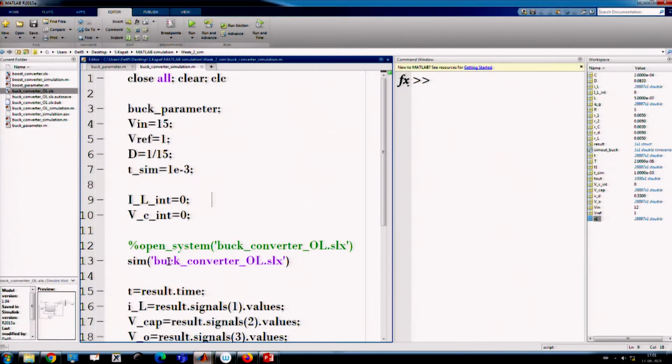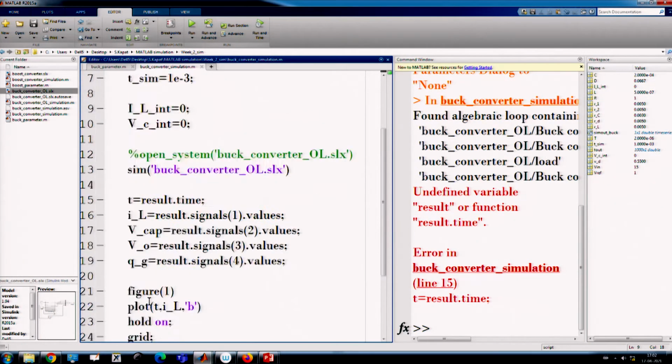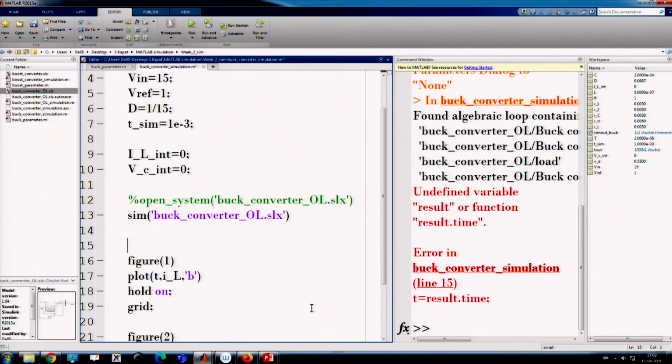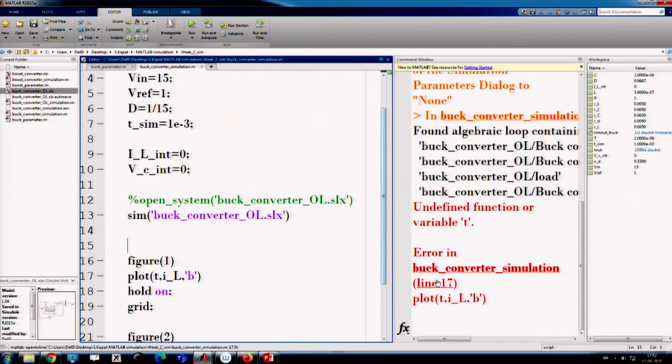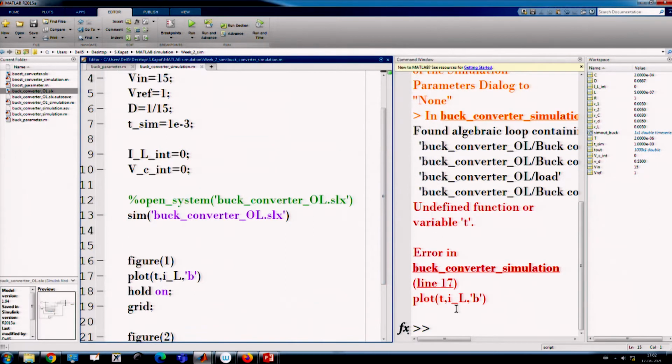Now, let us go back. If you run now, the result is not there. We can't run this because we have eliminated the scope. We have eliminated the scope, but we need to plot it. Where is the time vector and all this, we need to plot it.